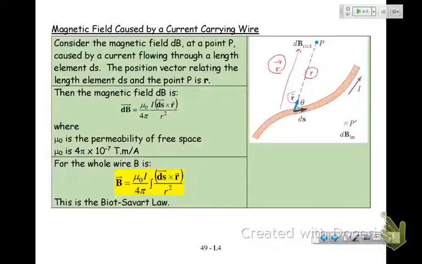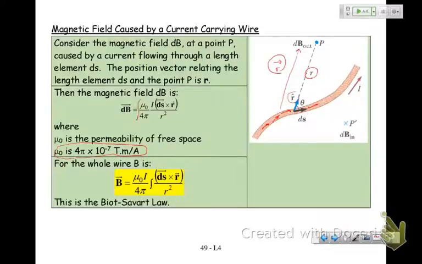Okay, so mu naught is the permeability of free space. It's got this wacky number, 4 pi times 10 to the minus 7 tesla meter per amp. And I don't expect you to know that. You can always leave things in terms of mu naught, and I prefer it, actually. If I take all the little bits, so there's another ds, and here's another ds, and another, each with a different unit vector and a different r vector, and different angles in between,